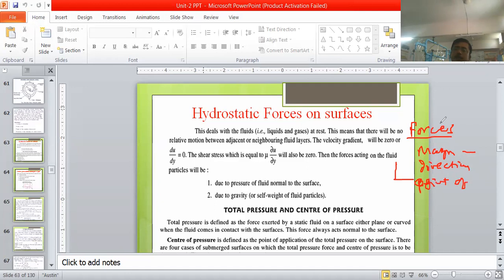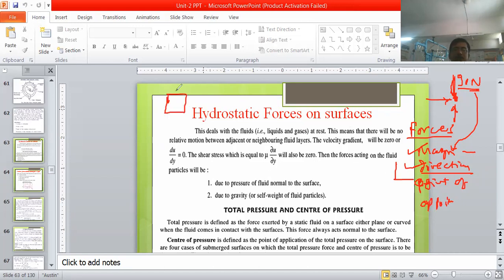To define a force, any force, we will require the magnitude. How many Newtons of force act at that place, for example 90 Newton. This value denotes the magnitude of the force. Then to define this force, we will require the direction of the force, in which direction this force is acting, whether it is acting in the horizontal direction toward the right, or in the downward direction, or in the upward direction. So the second characteristic of the force is the direction. Direction is required to define the force. Again, the point of application of the force is another characteristic, meaning at which point that force is acting.